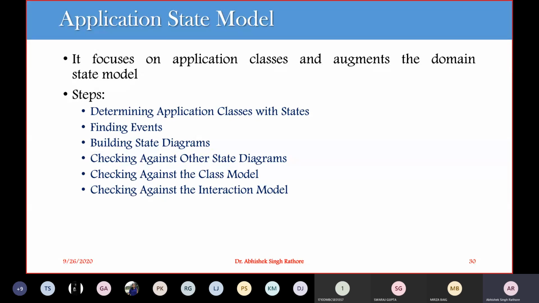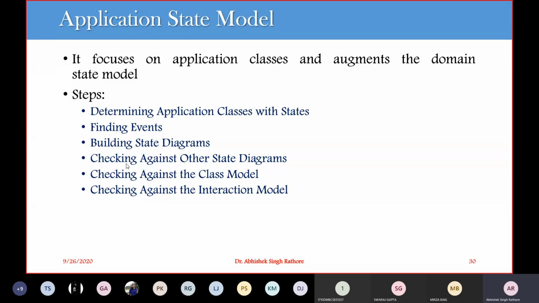So when we have these concurrent activities, we have to check whether synchronization errors occur or whether it makes some awkward condition for the synchronization. We have to make sure that the corresponding events for different state diagrams are consistent.